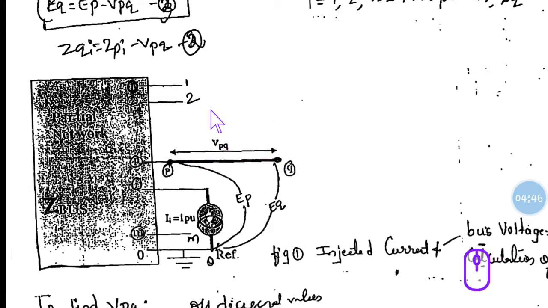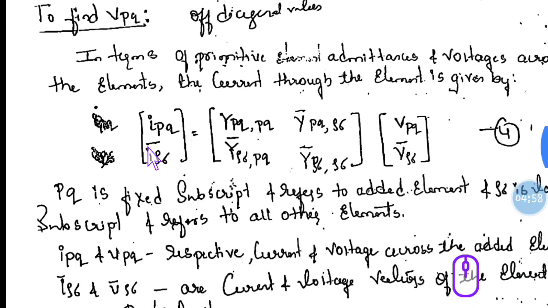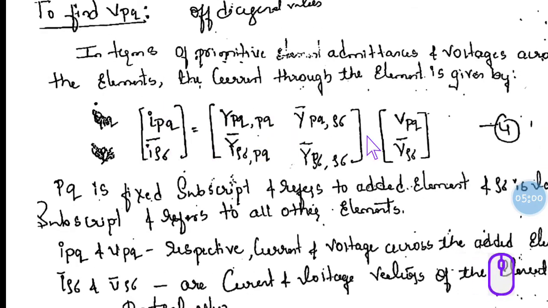So now to find this, P belongs to the partial network, Q belongs to outside. Okay, and this is the current source I am adding at the ith node. Okay, so now to find VPQ, this is the matrix I am taking here. Two matrices we are taking here. This is IPQ and two variables PQ and rho sigma. This I referred from the Stagg book, which is the standard book actually. If you are referring to other books like Umar Haus, and Nagrath, Kothari, and Sarkar, instead of rho sigma they are taking RS.